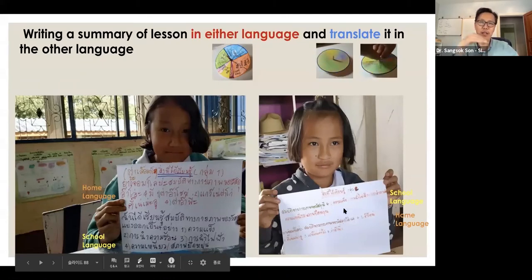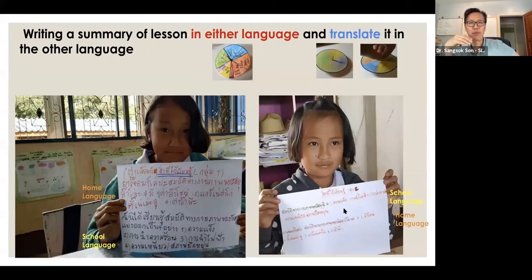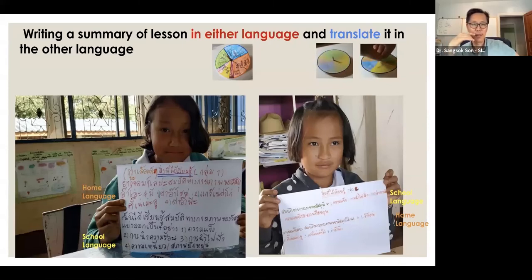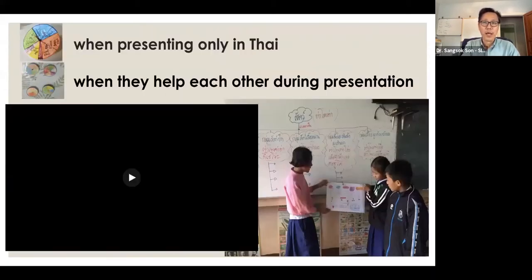So these are grade 4 students. They graduated from the MTB-MLE. By grade 3, from KG, they had learned the content in MTB-MLE, and this is grade 4, the mainstream class. At this time, I found that the students' writing performance in home language and school language was almost similar. Some students find writing in home language more comfortable, and some find school language writing more comfortable than home language. But they were encouraged to write the summary in two languages together. Okay,